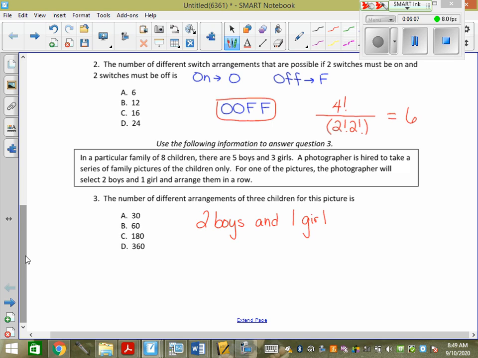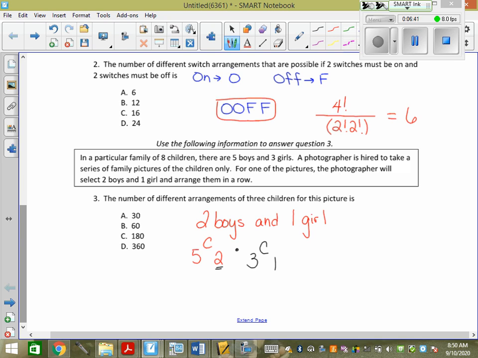So this is one of those where I told you, do they have any specific jobs in here? Did they give them any specific jobs? No. So it's a combination, and then they ask you to arrange it. So it's a permutation. Okay? So I have to choose the boys first, 8C2. And the reason why it's a C is, do these 2 boys have any certain order? No. And then, that's not 8. There's 8 children. Okay. 5 boys, and he's going to multiply 3 girls. 3 choose 1, right?